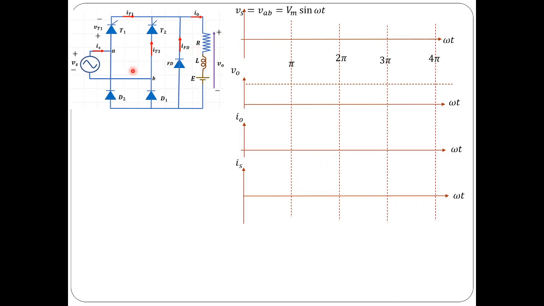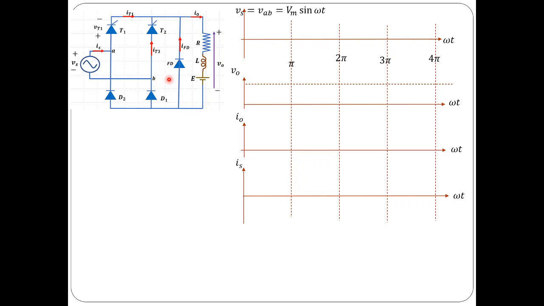This kind of configuration is known as semi-converter. In semi-converter we have 2 thyristors and 3 diodes. This is one way to realize semi-converter, which has 2 thyristors and 3 diodes. And of course, in case of full converter we have 4 thyristors, and 2 of the thyristors are replaced by diodes. Overall we have 3 diodes and 2 thyristors in this particular configuration.